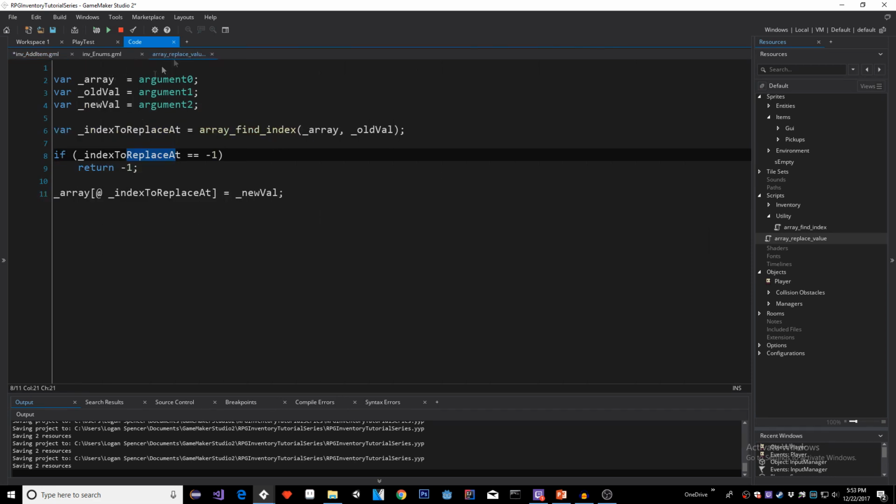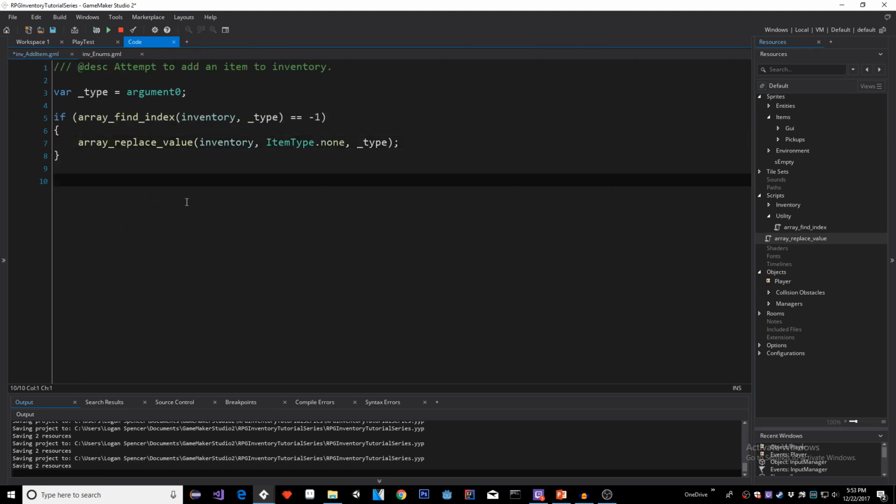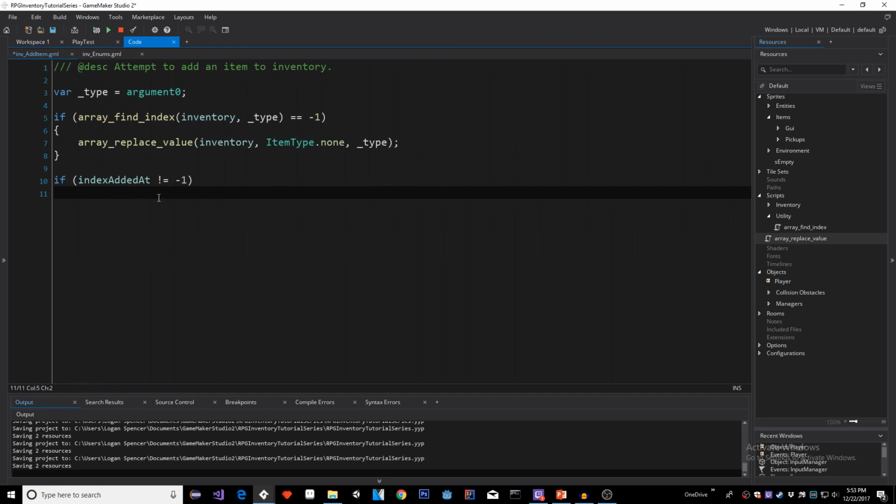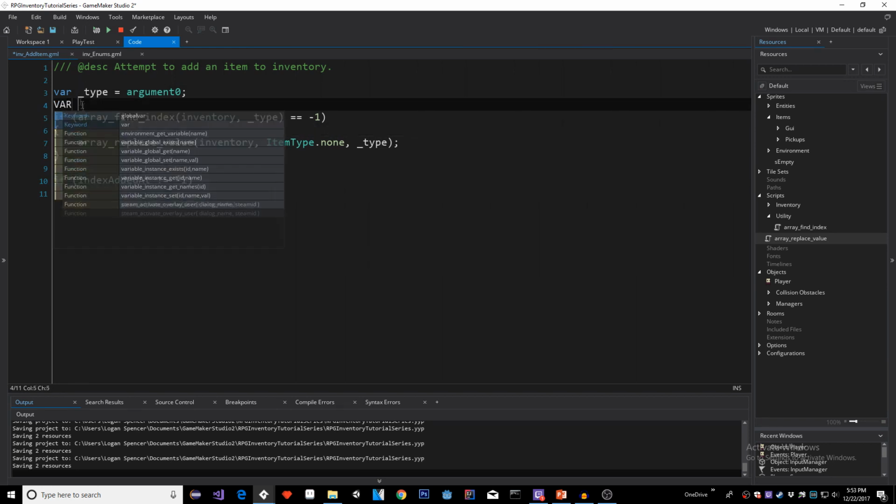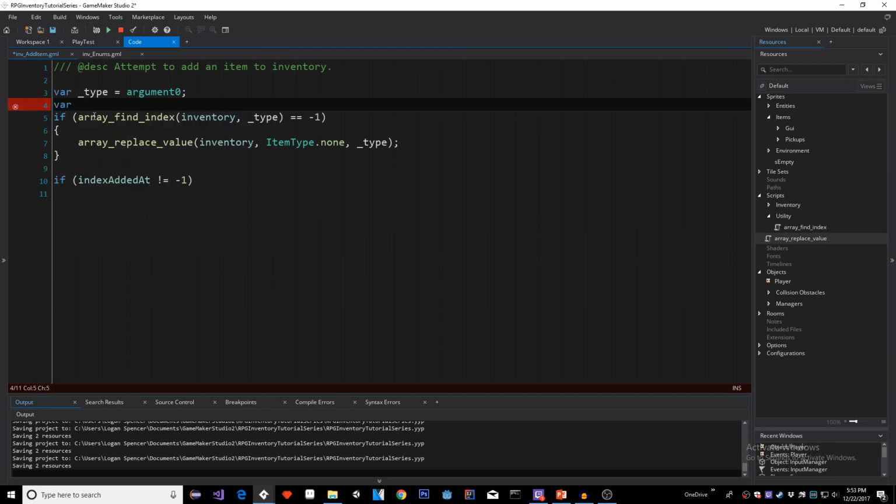So basically what we had in our replace value is returning -1 if the index was not found. This is basically saying in the case that our inventory is full, this script is going to return -1, okay? So what we could do is say if index added at, I'll show you where I'm getting this from in a moment, is not equal to -1. Basically, if our inventory is not full, then we want to do something, and this is going to be increasing our item size, okay? The reason we're doing this is because we're actually going to create a new var up here, and this is going to be called index added at,